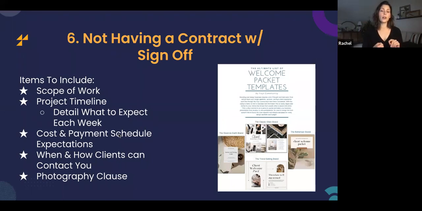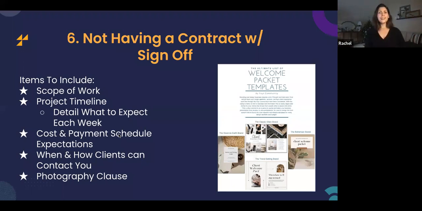And then lastly, a photography clause. With any project, sometimes with e-design, getting photographs is difficult, but with any other type of project, I've spoken with a number of designers who verbally communicated in the start of the project, hey, would you mind if when this is done, I had a photographer come in to take photos for my portfolio?